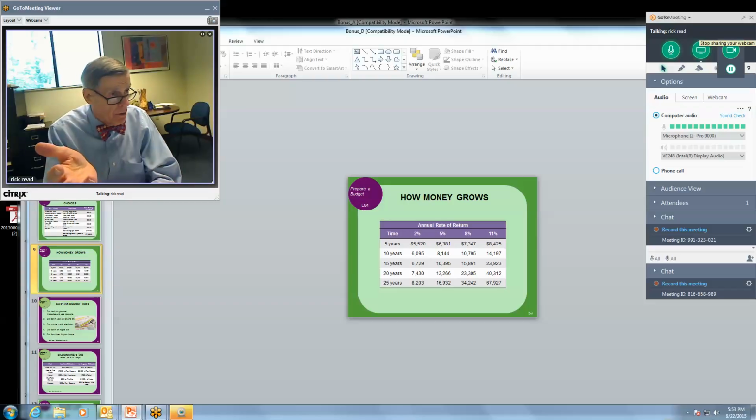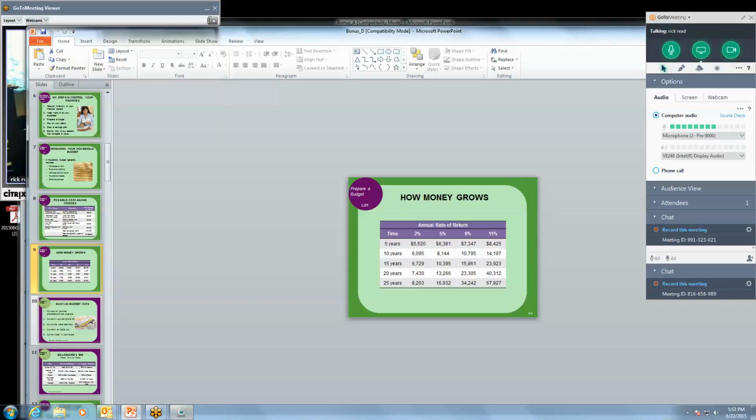If the Fed increases interest rates in September, which it looks like it's going to do, then those interest rates may go up, but it's going to be a while before they get back to what they used to be. This just talks about how money accumulates over time based on interest, and interest being compounded.